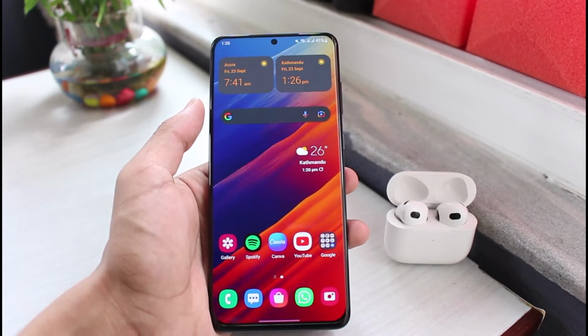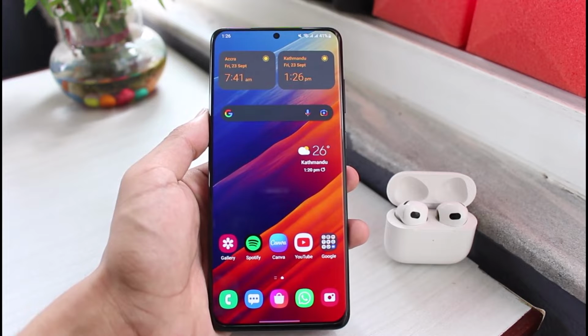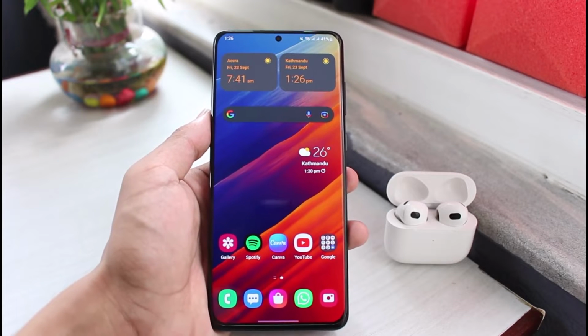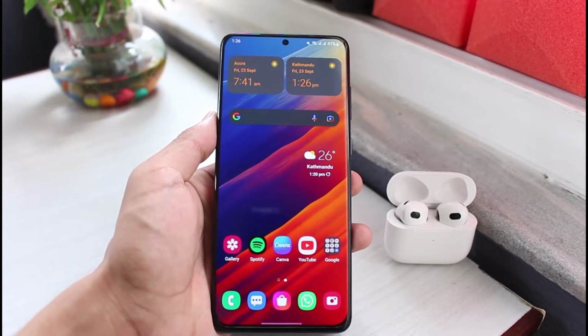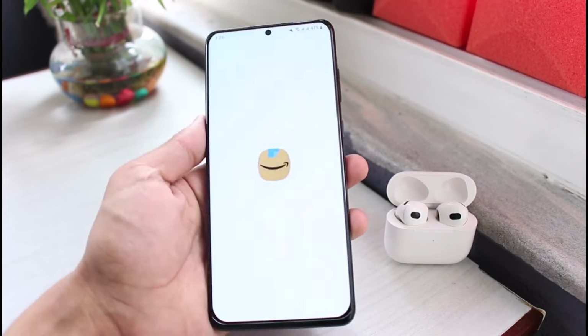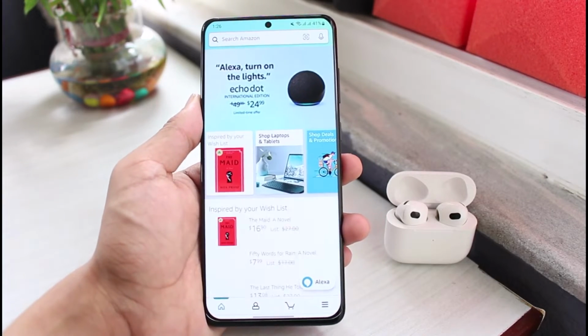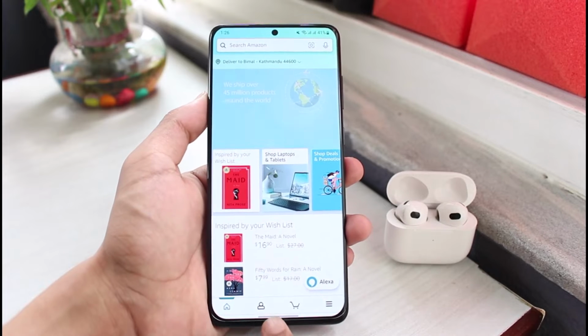So first of all, changing your Amazon account's password will change all of your services' passwords, such as Amazon Prime Video, Amazon Shopping, Amazon Alexa, and so on. But anyway, you can open any of the Amazon shopping applications. So let me just go ahead and open the Amazon app, and I will tap on this little profile icon